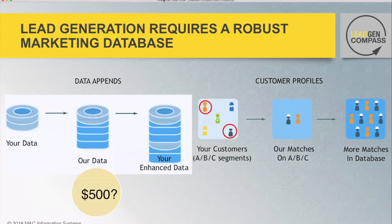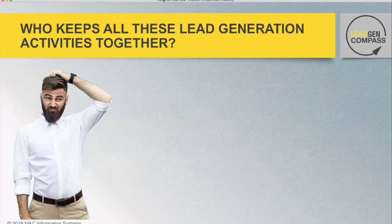How much does a good data processor cost to get your information in line? As we know, because we've charged for it, it's not cheap. And to put all this stuff together, right, you've got, oh gosh, I forgot. I got to talk about the people. What about your people? Who helps keep all this stuff together? That guy's supposed to be